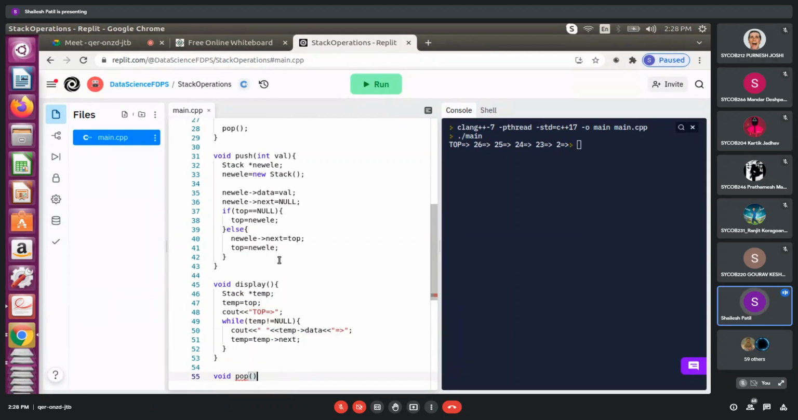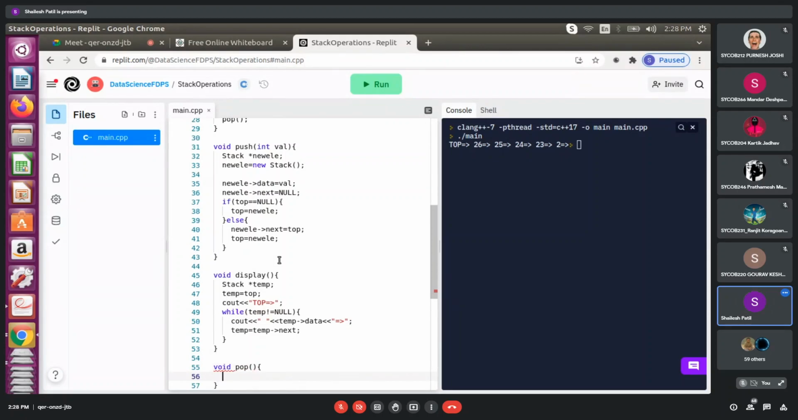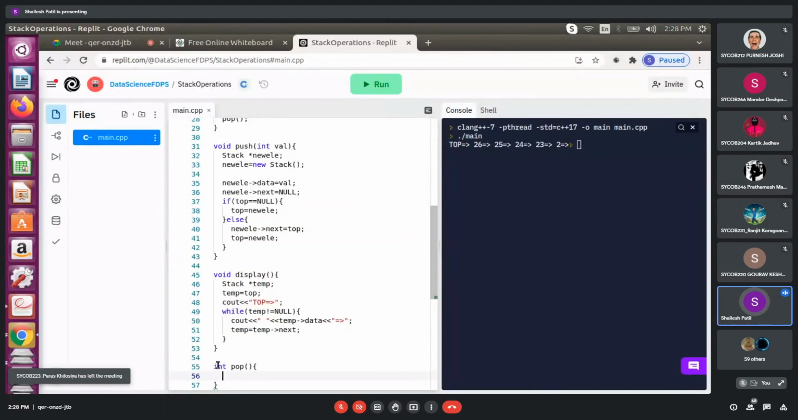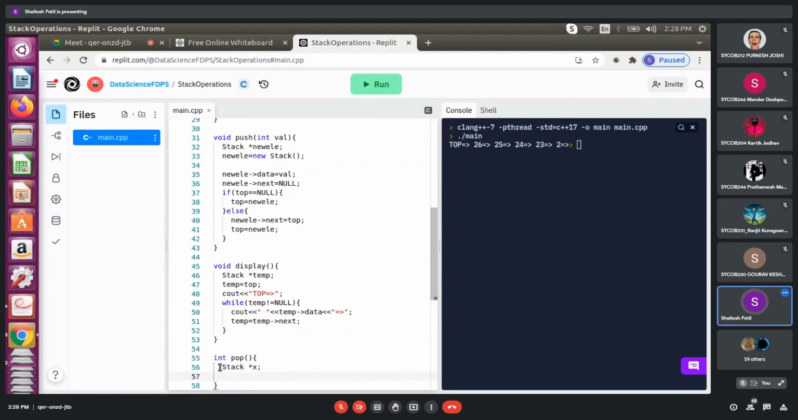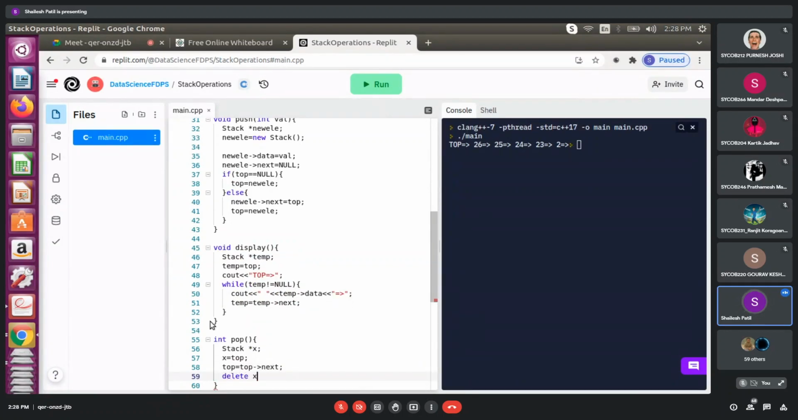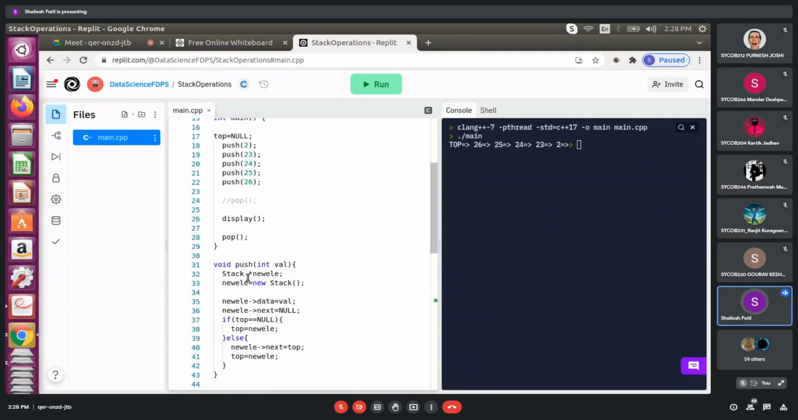Void pop, or int pop. No value is needed to be taken, because pop will only happen on the top element, and only the top element will be removed. So we'll make stack star x, x is equal to top, and top is equal to top next, and we'll say delete x. After performing pop, I am again going to display, so we'll see whether it will work or not. If we run this,